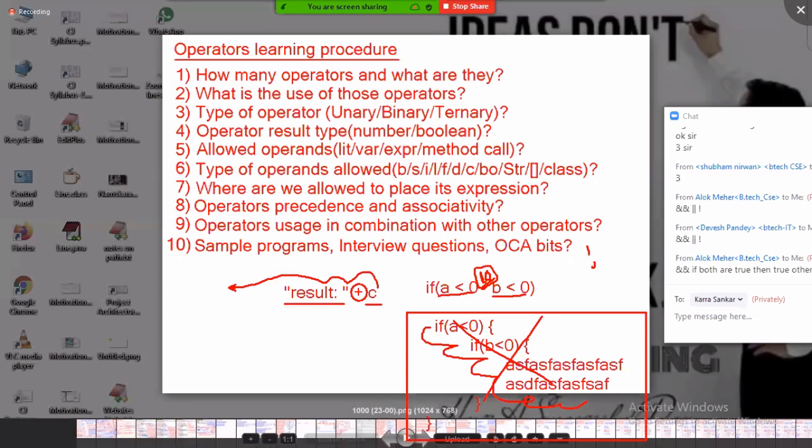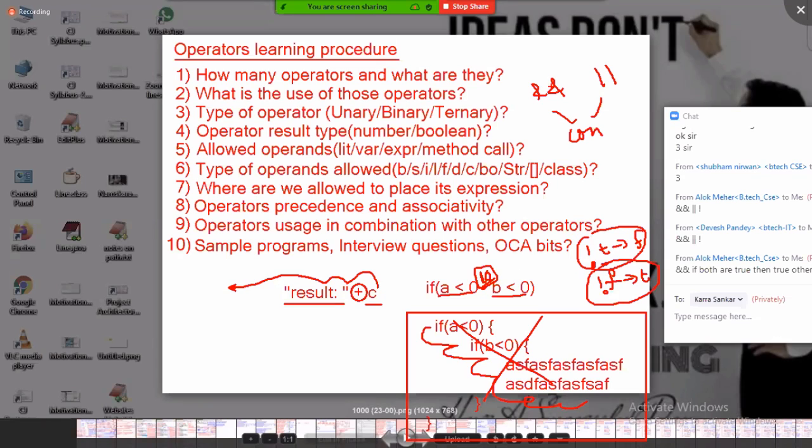Not is meant for changing the final result. So the final result I am getting true, but I want to change it to false, then use not. Now the final result is coming false. If you want to change it to true, use what? Not false, true you are getting. Are you catching my point? Double and, double or are meant for concatenating multiple conditions as a single expression, whereas not is not meant for concatenation, not is meant for changing the final result.